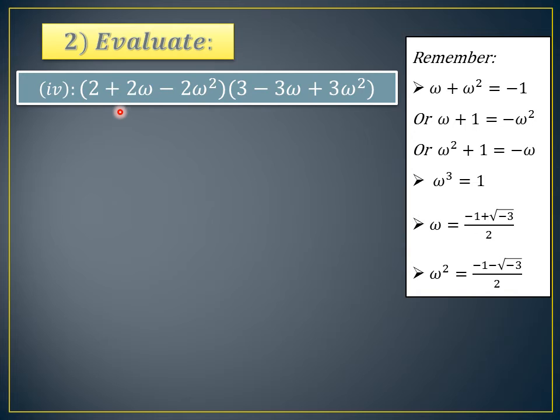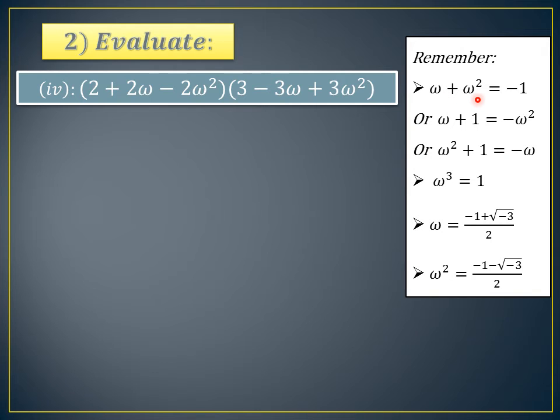Previously we took the minus sign as the common digit and changed that minus to plus because we were having minus here as well. If we have minus here, we can take minus 2 as common and this will become omega plus omega square, or after taking minus 3 as the common digit, we will be having omega minus omega square. We don't have any value of it. So what we can do, first of all look at the formulas.